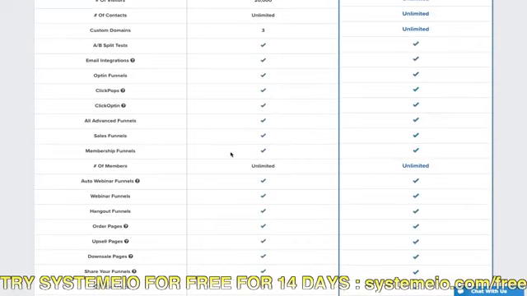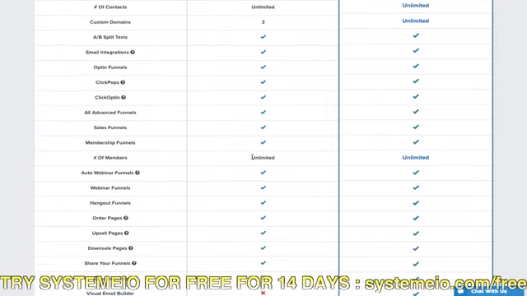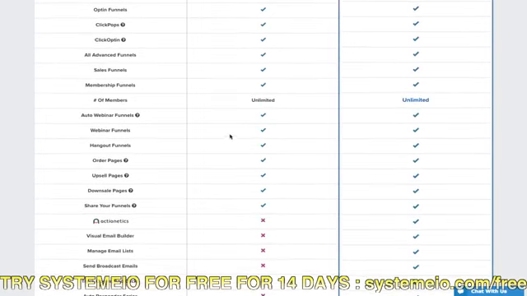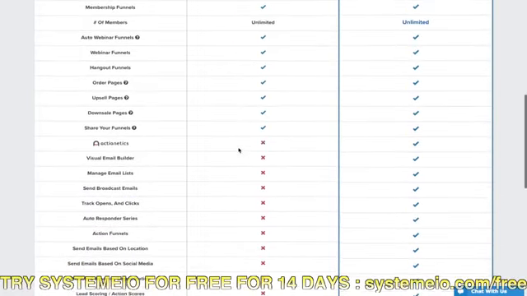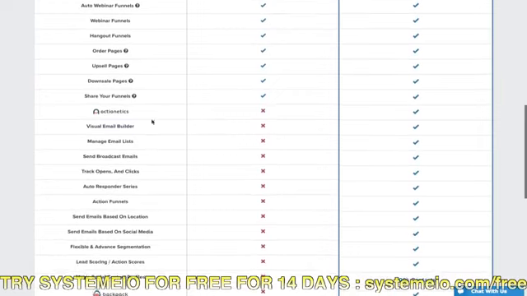You also get membership funnels, which are just a space where your customer can access your products, your training, online training, etc. So you can have an unlimited number of members, etc. Webinars, and then for Actionetics, which is the software to create good-looking emails, you don't have it.